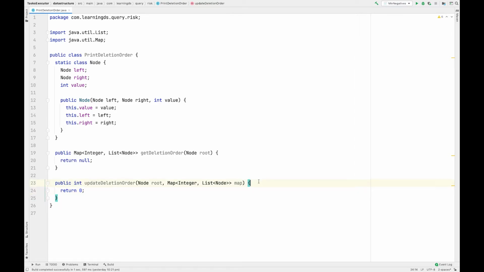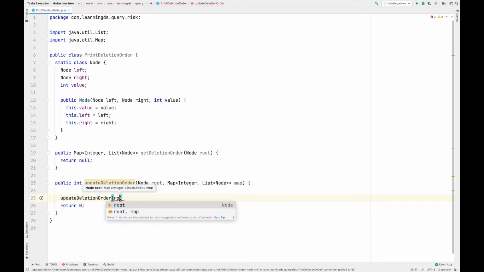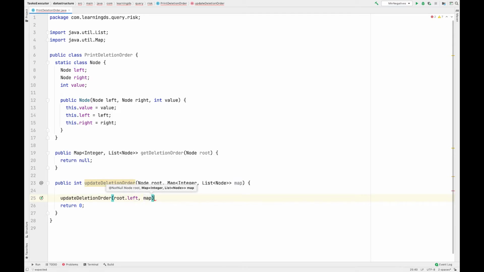Now what this will do is, this will be called recursively. For example, I'll say update deletion order, and I'm calling this for root dot left, and I'm passing the same map. Okay, and now the same function will be called for right.